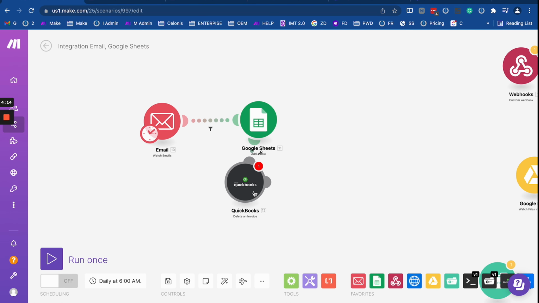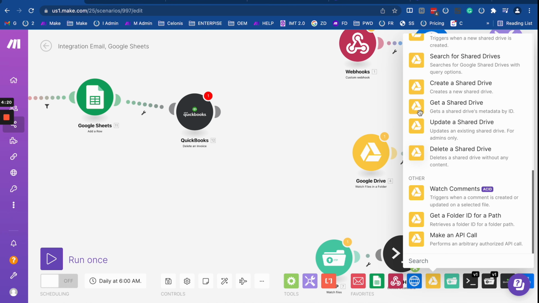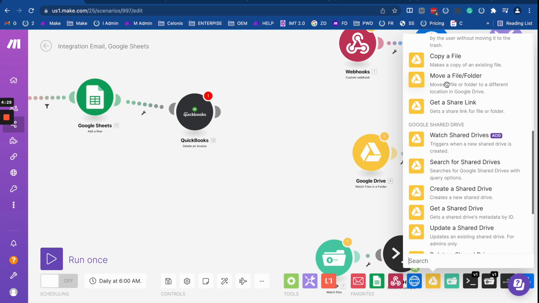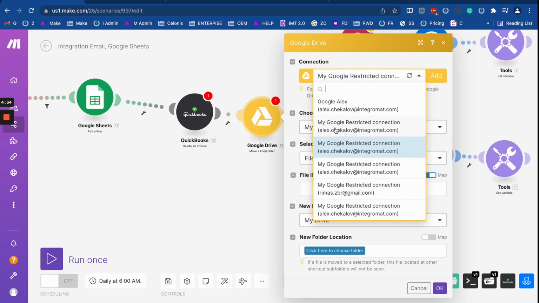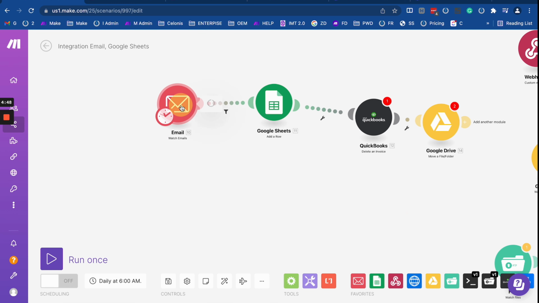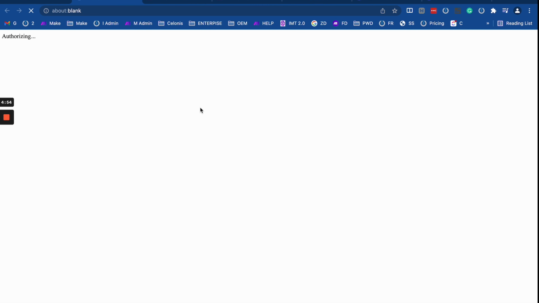Also, what you need to remember and understand, we already touched on this question, right? The question of scopes. So if I select some module that I haven't used for that particular connection yet, for example, let's try Move a Folder, and I select some connection that I might never have used. You see, I will be given a tip, or actually asked to do what? To extend my permission. What you need to understand is that when you create a connection, you will provide some permissions for your